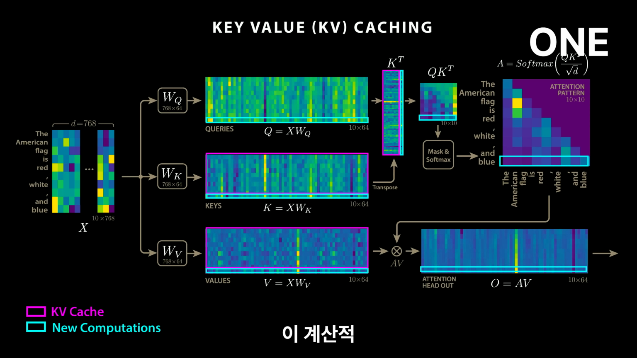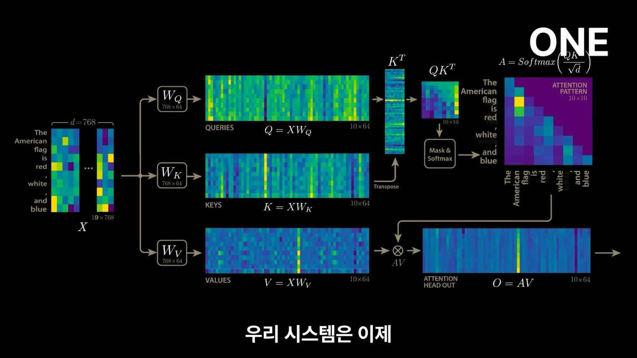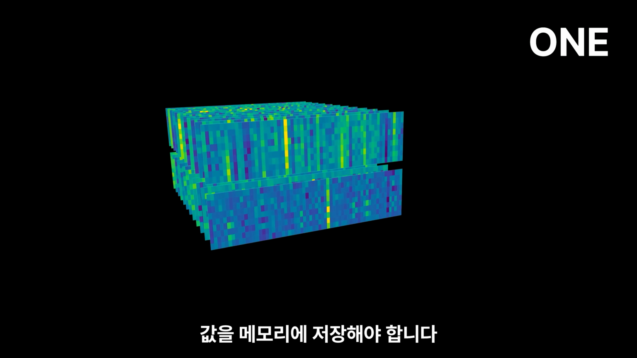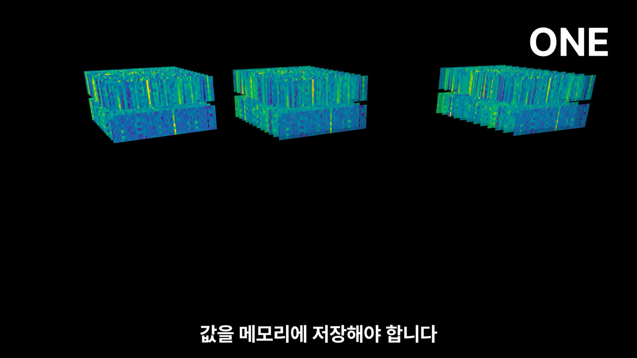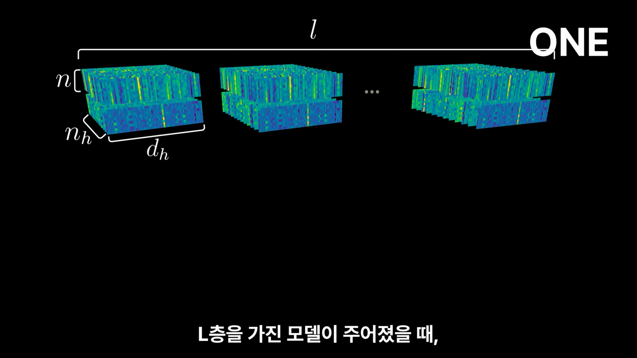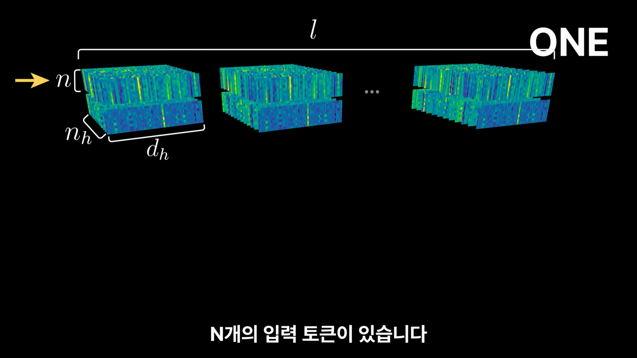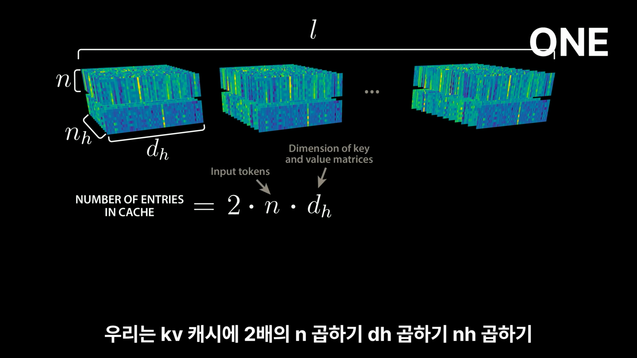Now, this computational shortcut does come at a cost, specifically increased memory usage. Our system must now store the keys and values for the full history of the model session for all attention heads across all layers in memory. Given a model with L layers, NH attention heads per layer, a dimension of DH for our key and value matrices, and N input tokens, we must store 2 times N times DH times NH times L unique numbers in